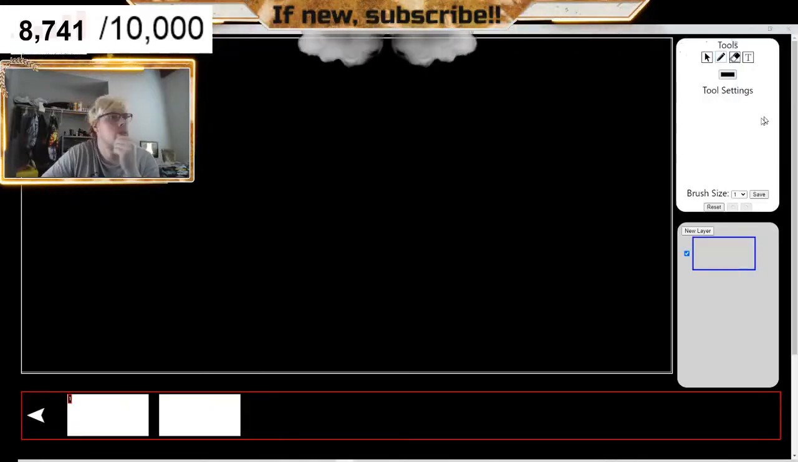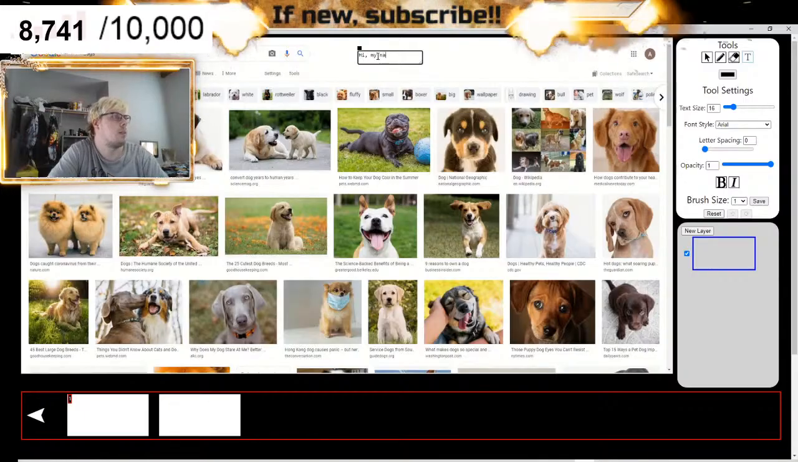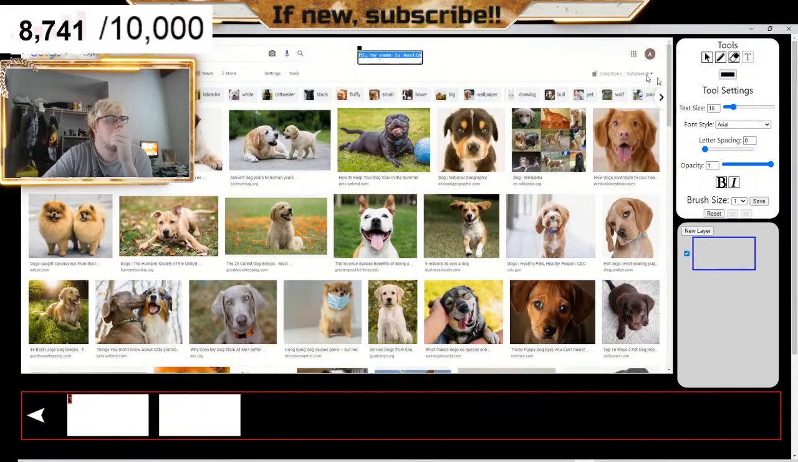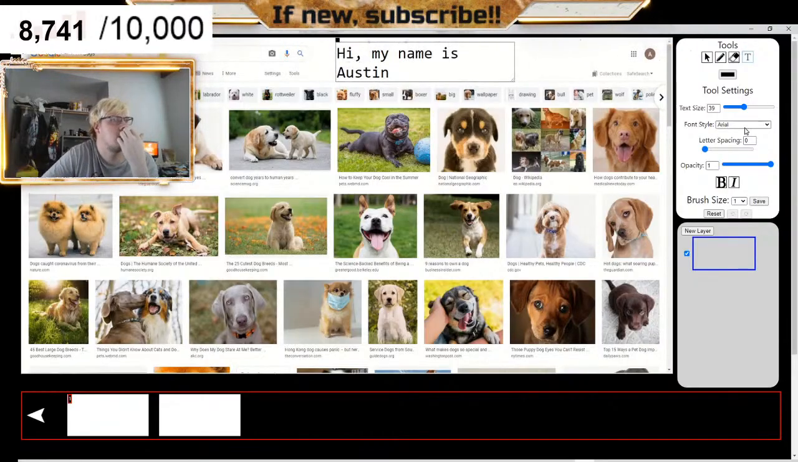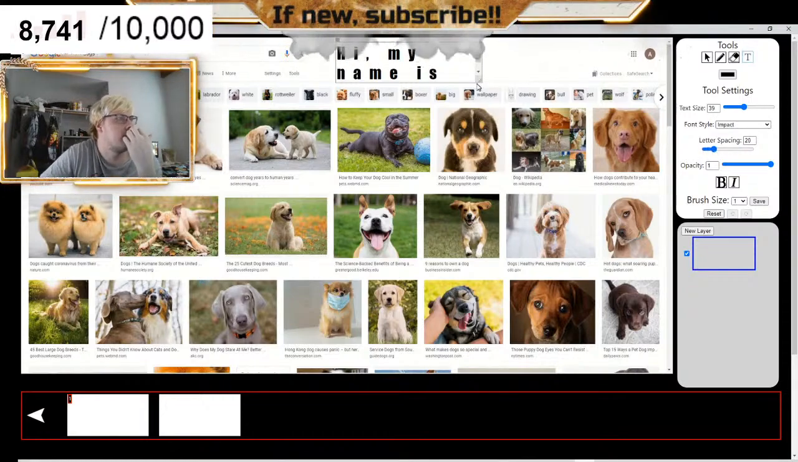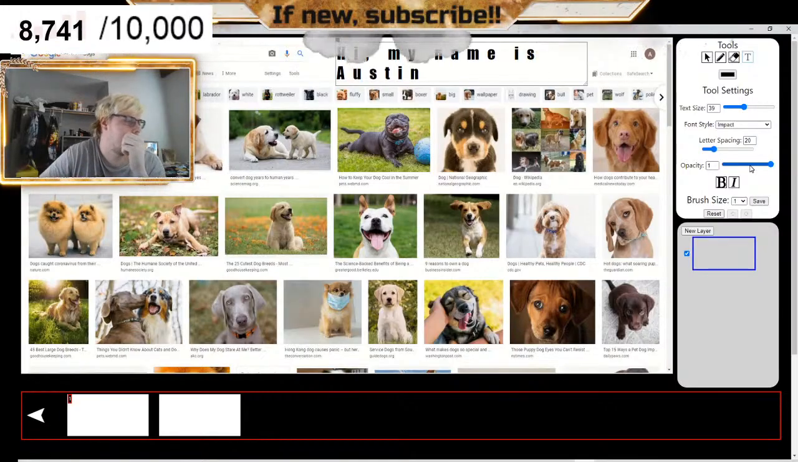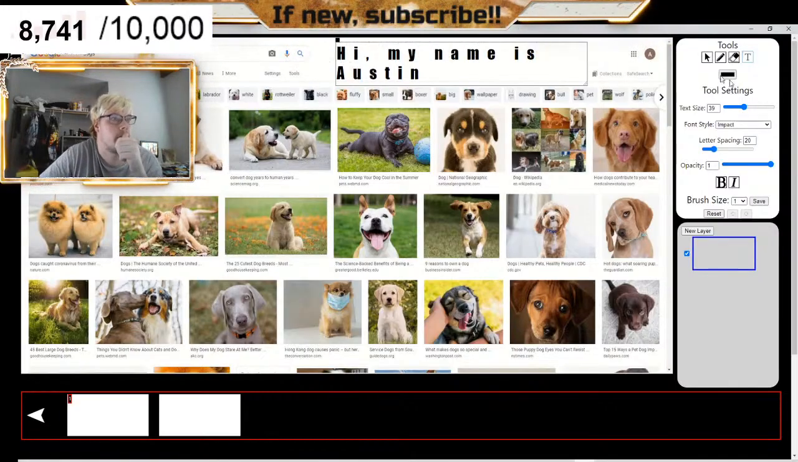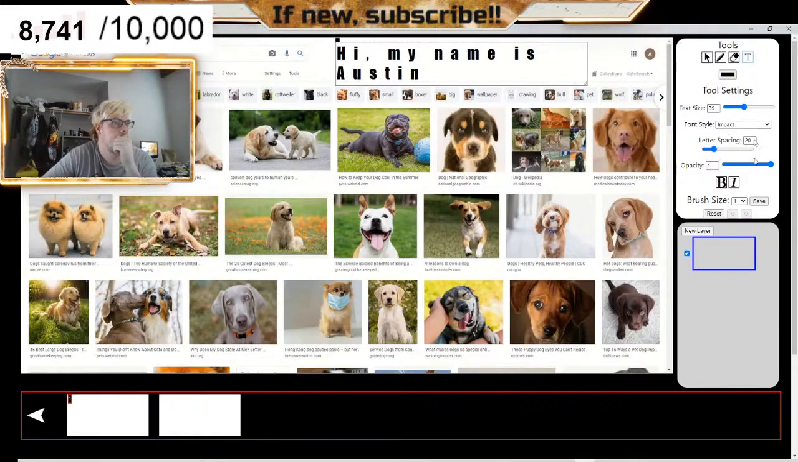Alright, let's see. Hi, my name is Austin. Now designing. Letter spacing to be like this. The next thing we're gonna do is we're gonna have to change the color, if people want to change the color of the text, which will be up here. But yeah, that. Alright, so if I click this,